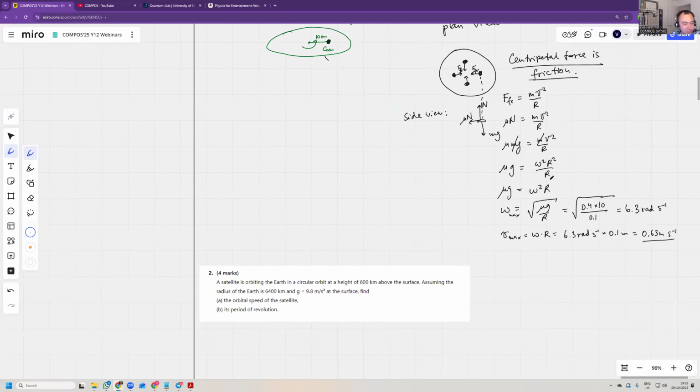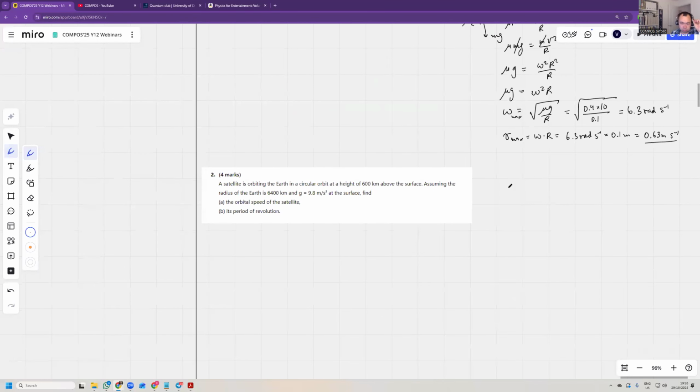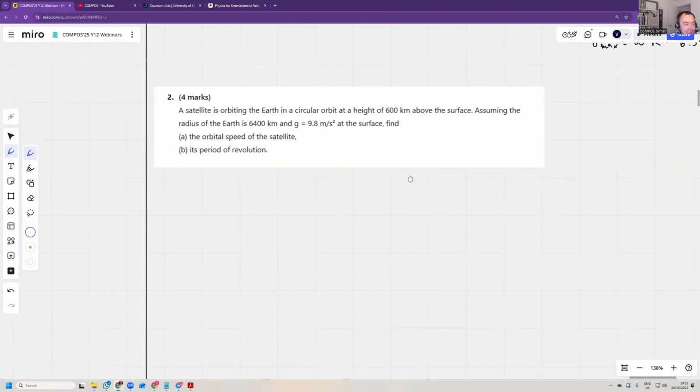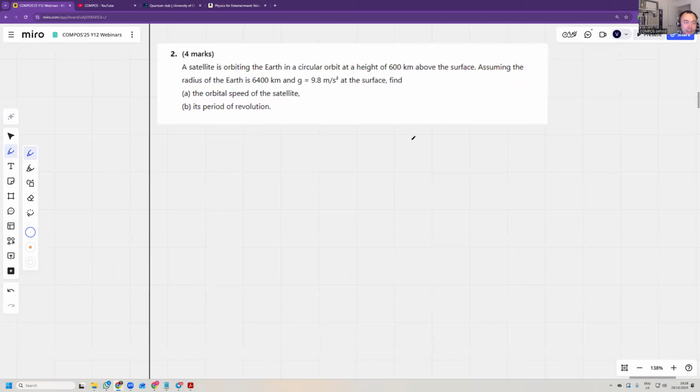which is quite reasonable. A satellite is orbiting the Earth in a circular orbit at a height of 600 kilometers above the surface. Assuming the radius of the Earth is 6,400 and g at the surface, find the orbital speed of the satellite. Oh, I didn't notice that this is